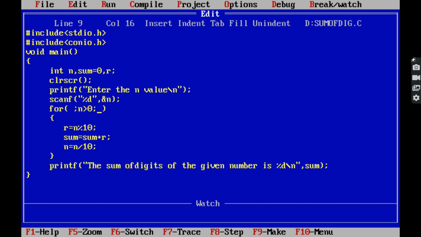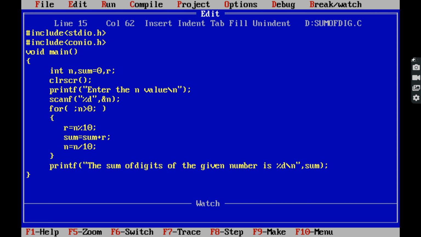If the condition n greater than 0 is true, then the statements within the body of the for loop are executed until the condition n greater than 0 becomes false. If it is false, the control goes to the next statement after the for loop. Sum of digits of the given number is %d \n in double quotes and comma sum. The sum value is printed.